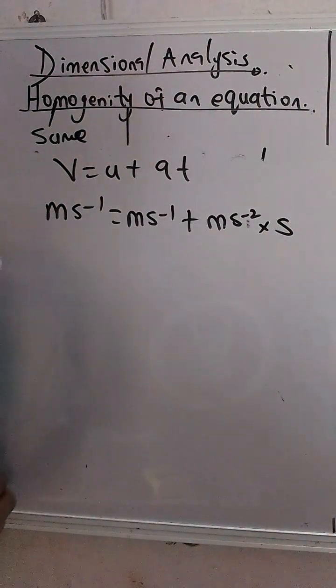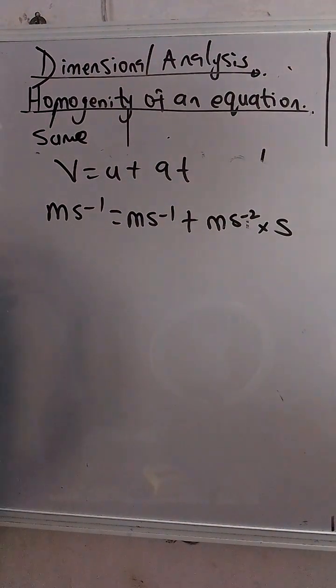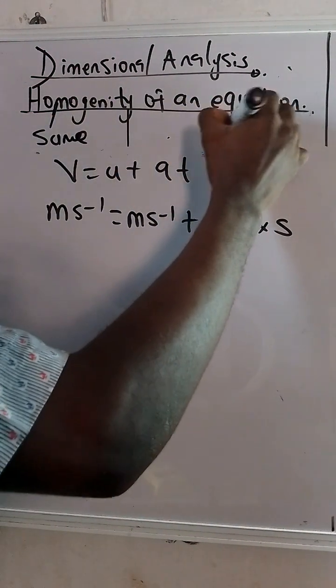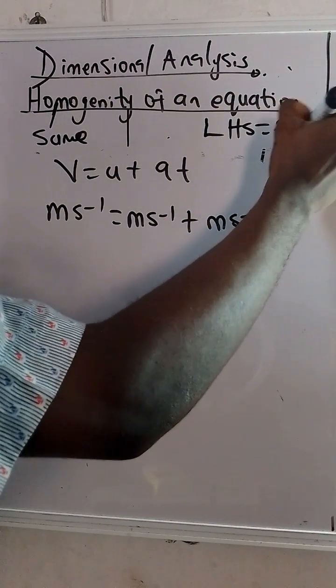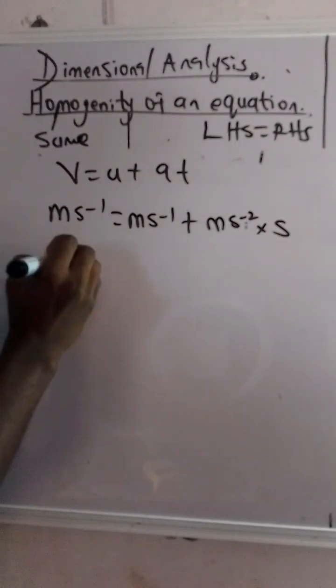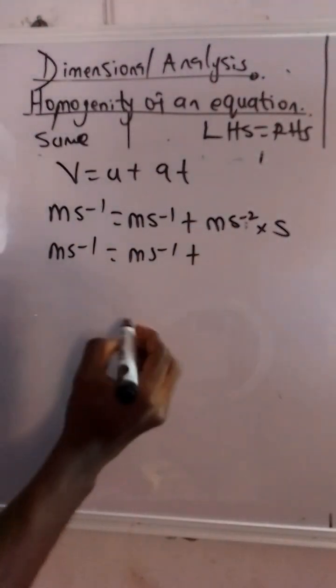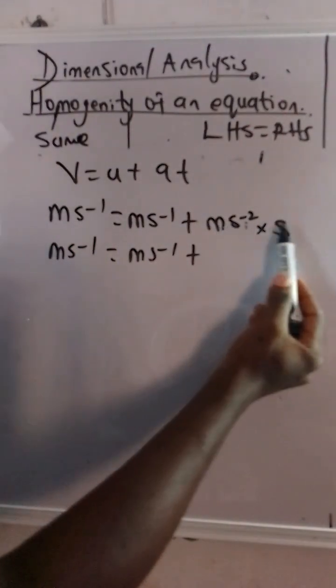Time is seconds. I told you that the condition is that we just want to check whether this equation is correct. And one of the ways of checking whether this equation is correct is that you check if your left hand side is equal to your right hand side. Now let's check. We have meter per second is equal to meter per second, right? Plus,